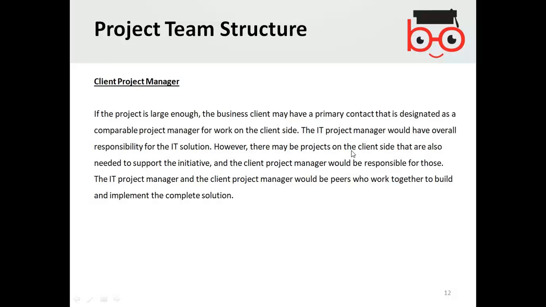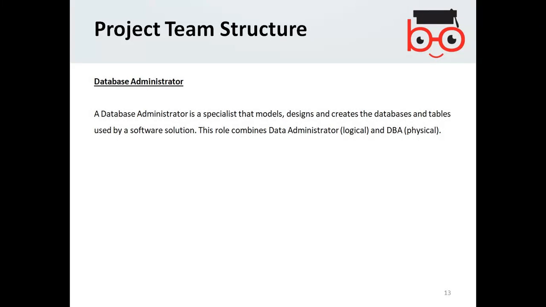However, there may be projects on the client side that are also needed to support the initiative, and the client project manager would be responsible for those. So the client project manager provides support to the clients or the employees using the software on behalf of the company, in support of training received from the development team.